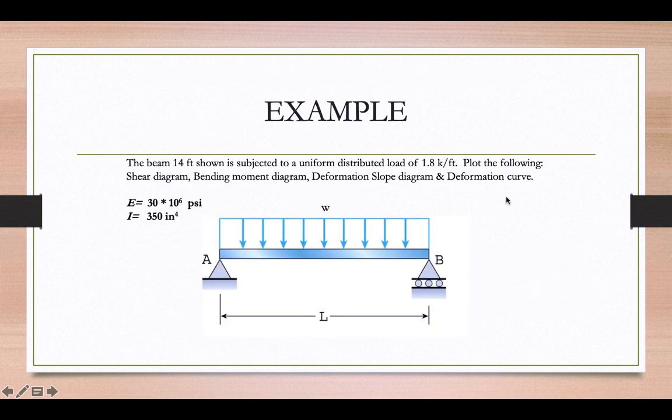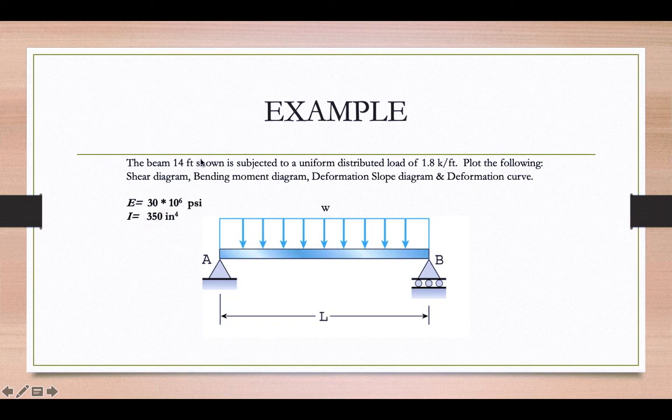Now that we have all the background knowledge we need, we can start an example. So the beam, 14 feet, shown is subject to a uniform distributed load of 1.8 kips per foot. Plot the following: shear diagram, bending moment diagram, deformation slope diagram, deformation curve. We're given E and I,